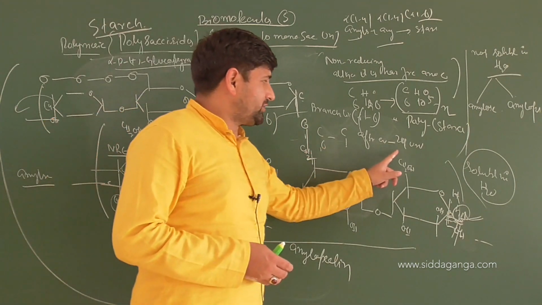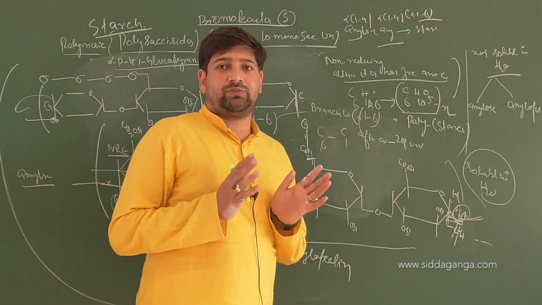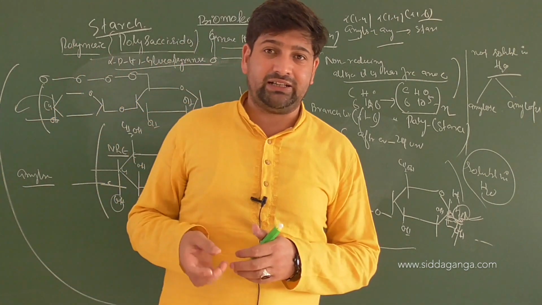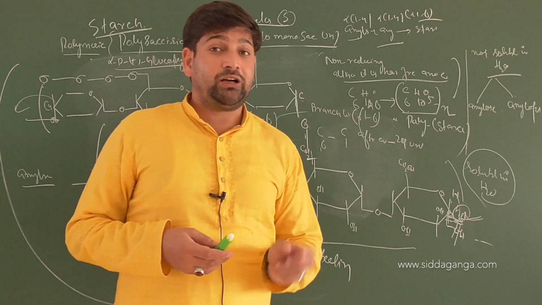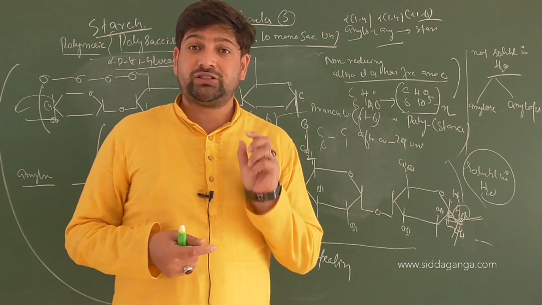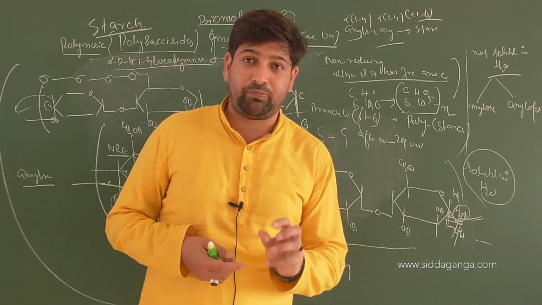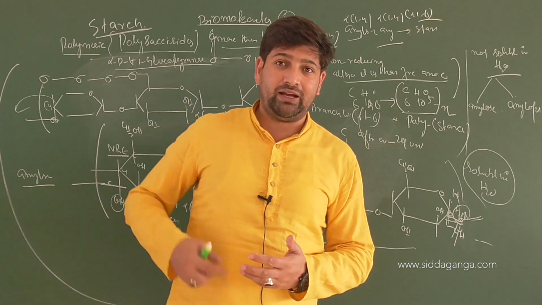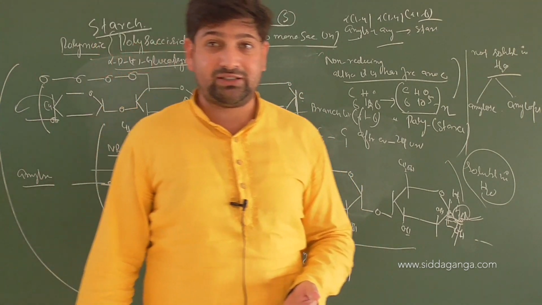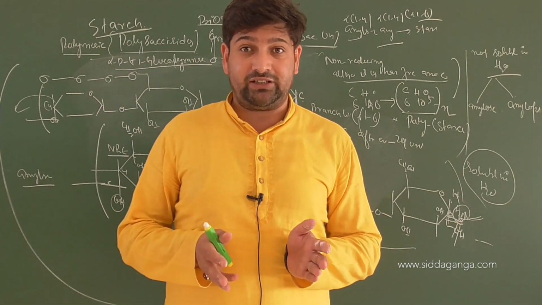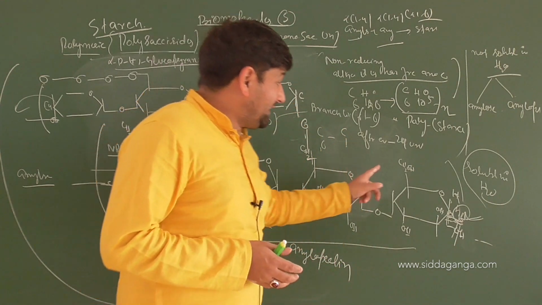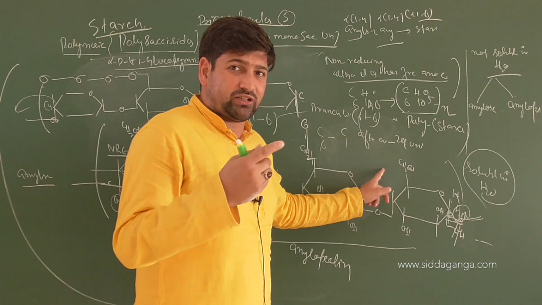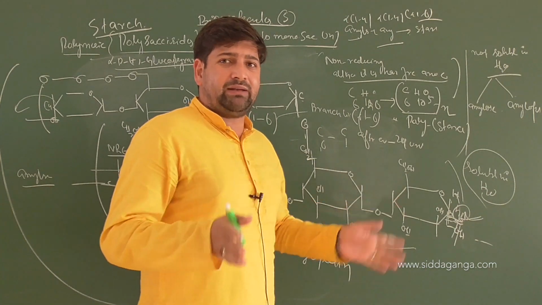After 24 units means the density of this starch will not be high. So if you have seen the starch granule under a microscope, you will see it's not very dark. But if you see the glycogen granule, which is an important energy-storing source present in human systems, like in the brain, or in the muscles, or in the kidneys also, it can be stored, right? So that is extremely dense. And what is the reason for the density of glycogen compared to starch? It is the branching. And it can be understood.